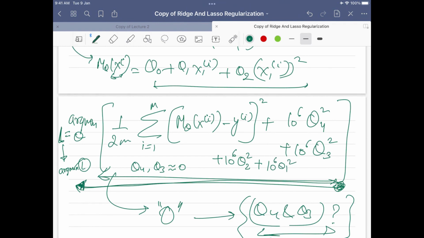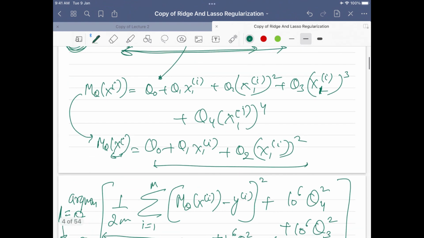Let us say if I keep this also, and now if I would try to minimize, what will be the situation now? If I want to minimize this modified cost function again, what will be the value of all thetas? It will all be close to 0 or not? They all will go to close to 0. So if all of them will go to close to 0, how will your new model become? The new model will become